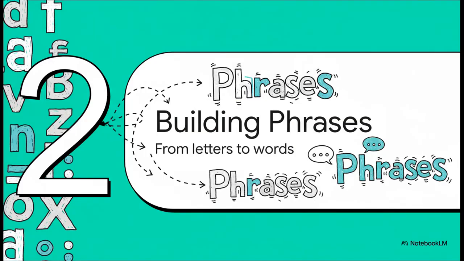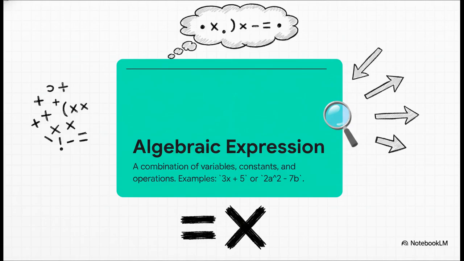Okay, so we have our alphabet now, right? We've got our variables that can change and our constants that stay the same. So, what happens when we start putting them together? This is where we go from just knowing the letters to actually forming words and phrases. Well, that's what we call an algebraic expression. This is basically the core phrase we use in algebra. It's a string of our variables, constants, and math operations like adding or multiplying, all mixed together. You can think of it like a complete thought, but it's not quite a full sentence yet because you'll notice